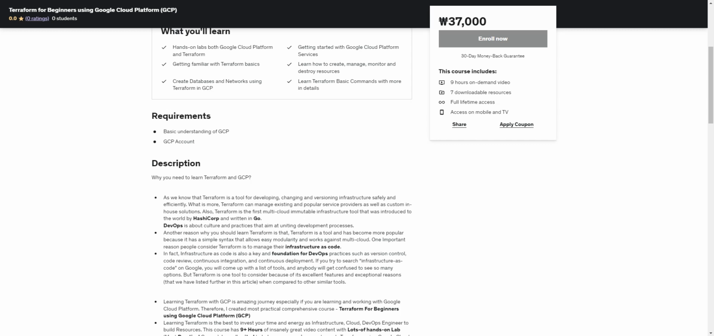In this course, you are going to learn Terraform along with GCP. Specifically, you will get started with Google Cloud Services. You will get familiar with Terraform basics. You will create databases, networks using Terraform in GCP, and you will learn Terraform basic commands in more detail. You will create Google Cloud Services not only in Terraform, but also